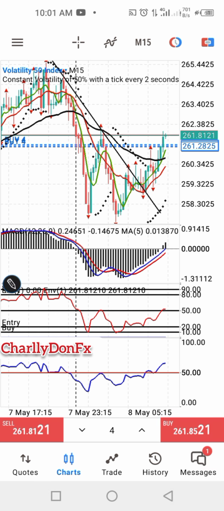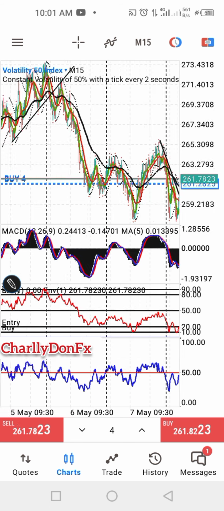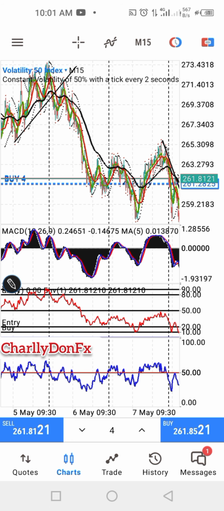Now, take a look, guys. I have to minimize, or I go over to a higher time frame, like say the 1 hour or whatever. If I cannot get my trend line from this 15 minutes time frame, I will have to go over to a higher time frame. But since I can see two touches here,